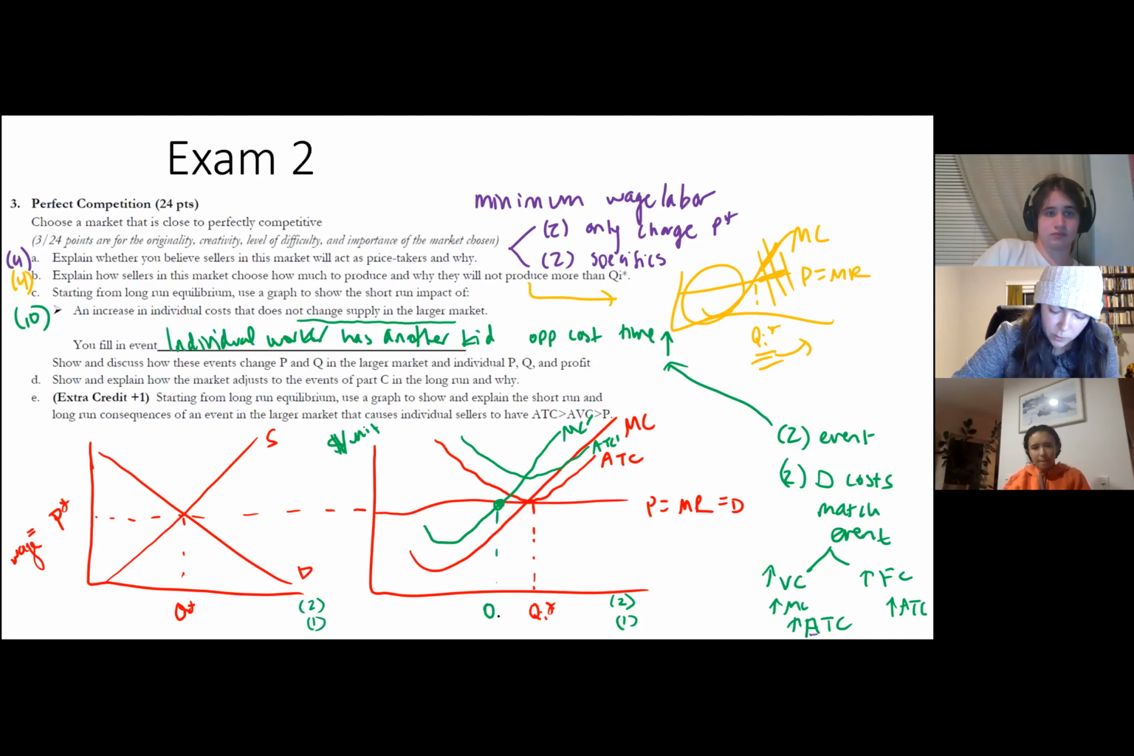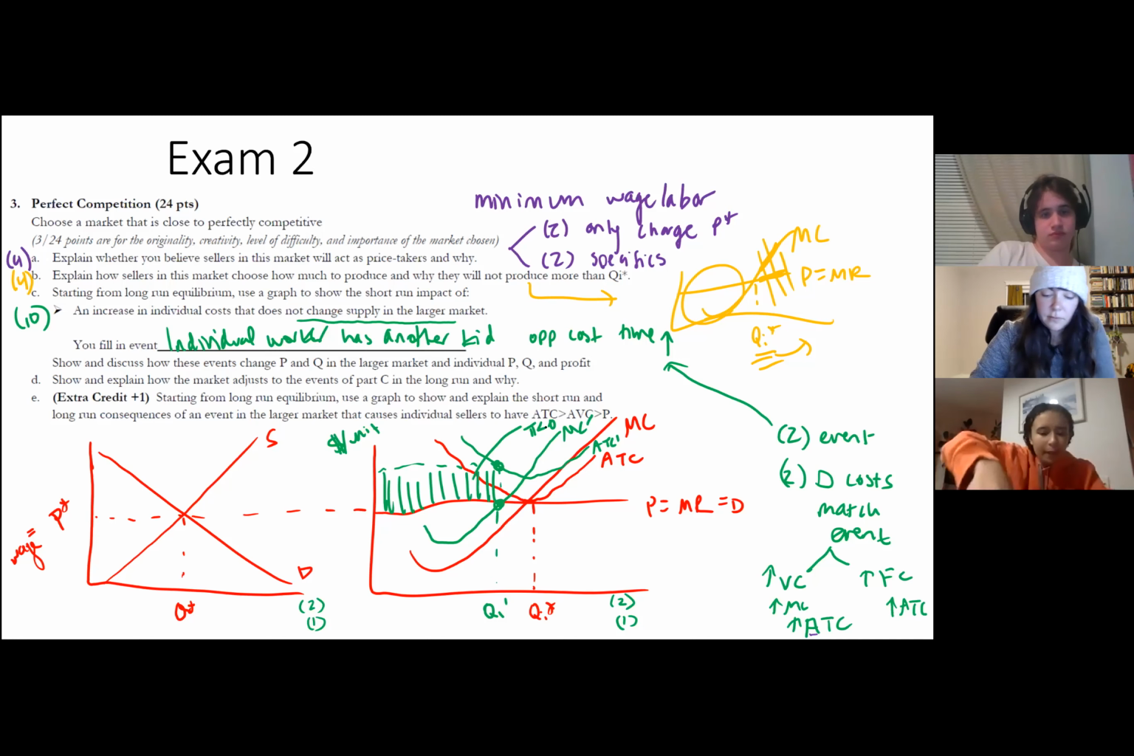This person is going to work less after they have this increase in costs, and they're going to lose money. So at that new quantity, their profit is this green box, and it's negative. So they lose money. And that is what you needed to do for C. In D, you talk about the long run. So usually in the long run, if somebody is making negative profit,